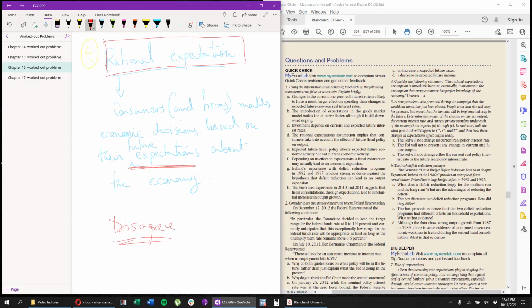We can listen to the experts, we can read reports prepared by other people, and we can use all of this to form our own expectations, or we can just listen to people who know more about those things and use their expertise to form our expectations. Rational expectation does not require us to know with 100% certainty what will happen in the future. We just need to form some expectations. Okay, so question 4, very important, because